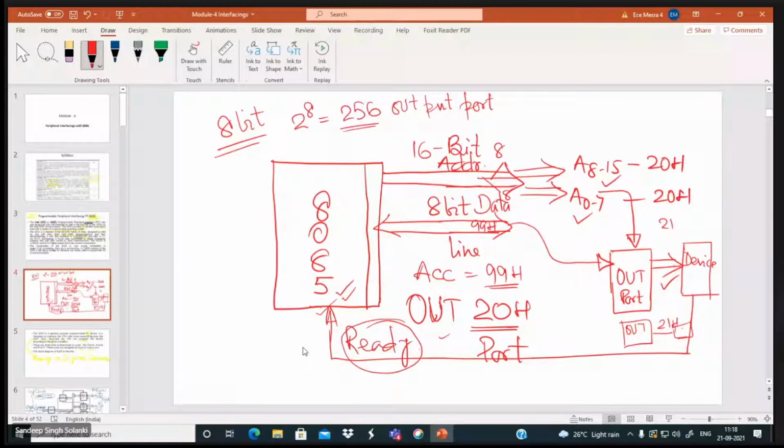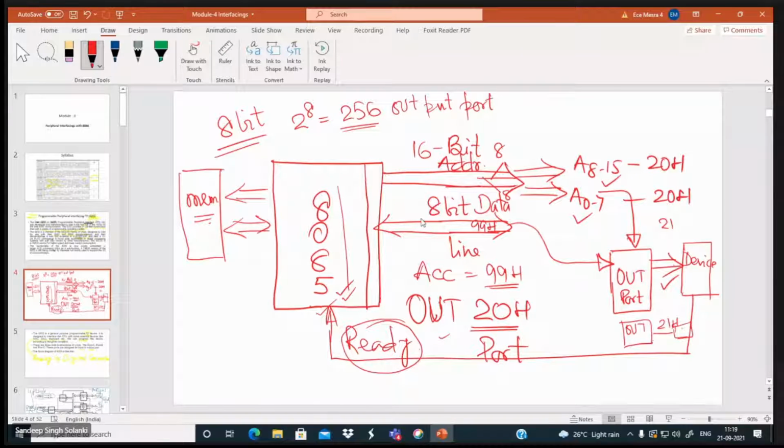And you should also remember that this ready is not related only with out. And the 8085 is not doing only the outputting job. It is also doing the job of memory. You have another thing where your memory is also connected, and from the memory only these instructions are coming out.